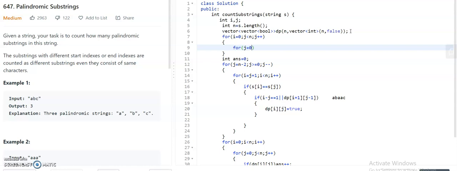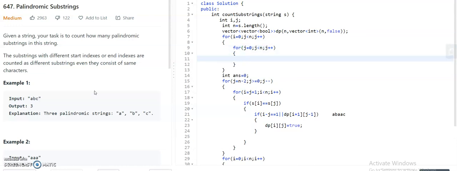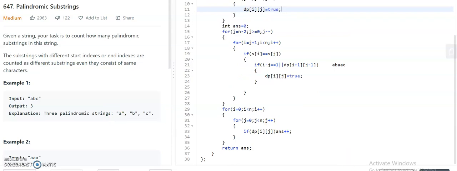In a string like A, B, C, A is a palindrome, B is a palindrome, C is a palindrome of length 1. For that we have to make dp of I, I, like 0 to 0, a palindrome. So we have to mark it as true. Like that. Then we will run it and see.